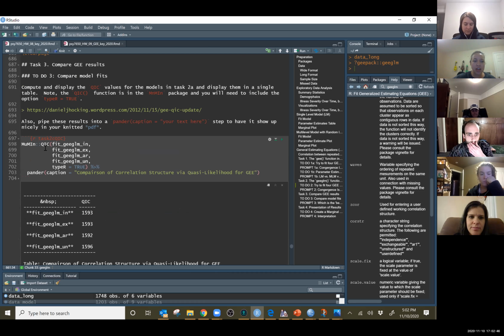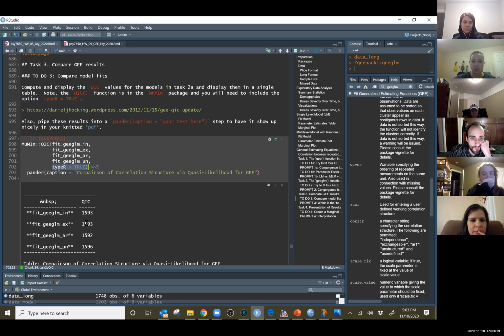Okay, so here's the QIC measures to compare. Now, this is one thing that came up: when you're doing QIC, these models have the same predictors, but different correlation structures. So you have to say type R equals true. If you don't type anything in there, the default is type R equals false, and that's not the right one. If you do that, I think autoregressive and unstructured come out with identical QIC values. So at least one person noted that in their discussion board. So make sure if you're comparing models that differ in the correlation structure, but not the predictors, use